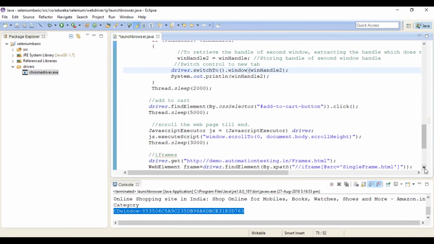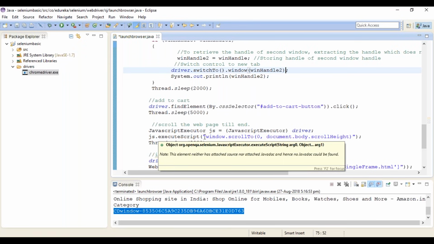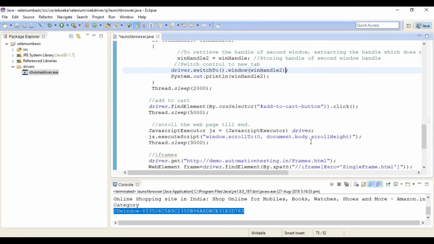And as I've also mentioned towards the end, I've just scrolled down. Just a scroll down function. Now there are types of scroll down. In the sense, you can scroll down to the end of the page, or you can scroll down to a particular location, or you can scroll down till a particular web element is visible. So different ways. But right now I'm only showing you how to scroll down towards the end of the page. So JavaScript executor JS and driver js.execute script. So these are your arguments, and I've got 0 and scroll height. So these are the arguments that are there. And then it says thread.sleep, again a pause. So I've identified the scroll, and then I'm scrolling it down towards the end of the page.